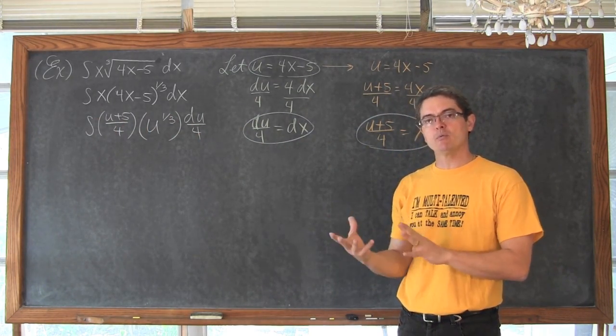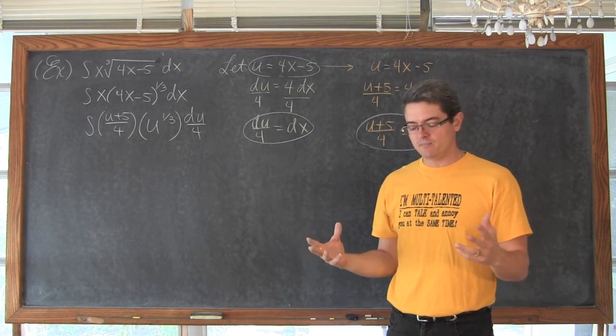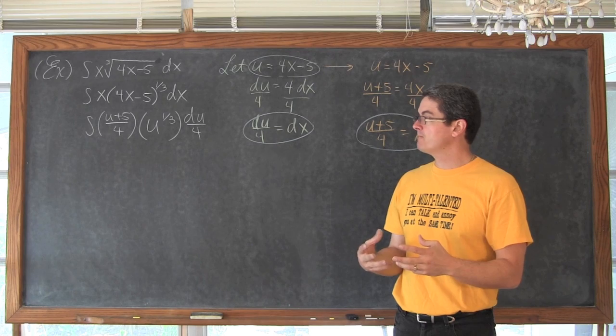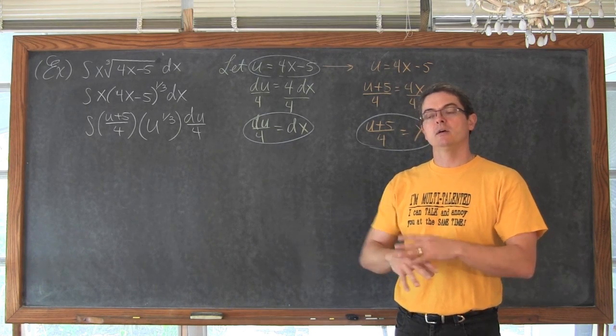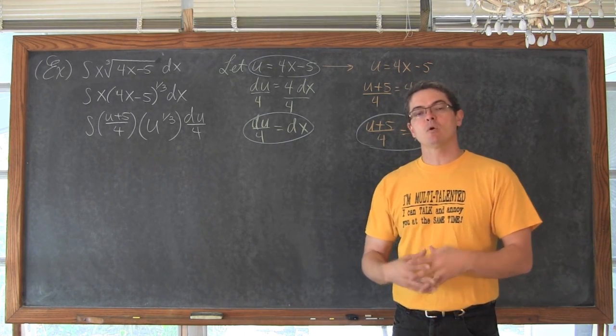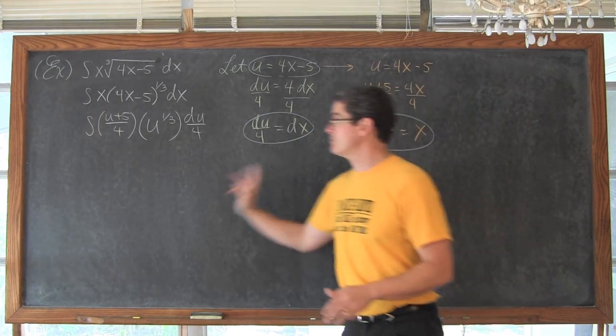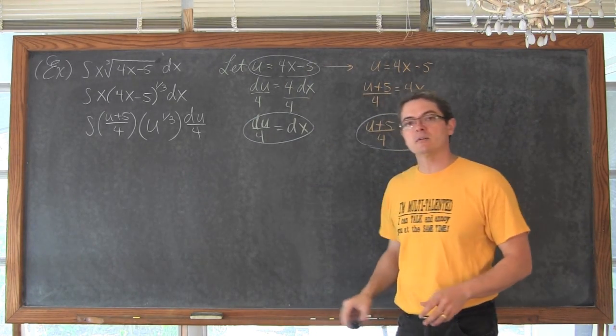All right, at this point, all we have left to do is some simplification, get to that nice sort of neat area where we can just use the power rule of integration to get the integral taken care of, and then simplify some more, and when we get done, we can take what u is equal to, which is 4x minus 5, and plug it back in. Let me step out and reveal the answer.